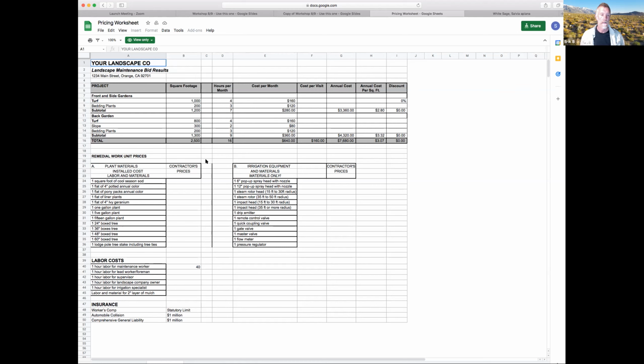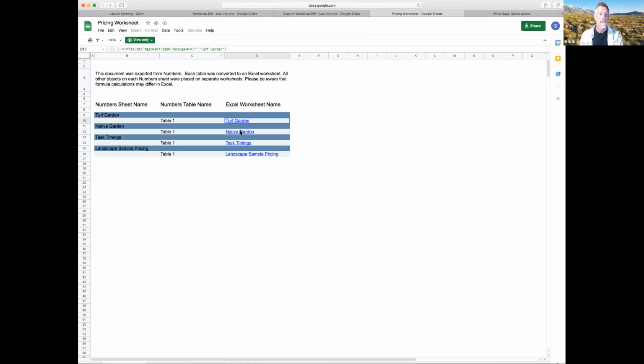Then your back garden, same thing. It's just, and then it's got a list of sort of costs for various things you might be fixing or adding to the garden. Here's a labor cost down here. Stuff like that. Okay, so going back, then you've got your native garden. So this is how this comes before, right? Before you make your proposal to your